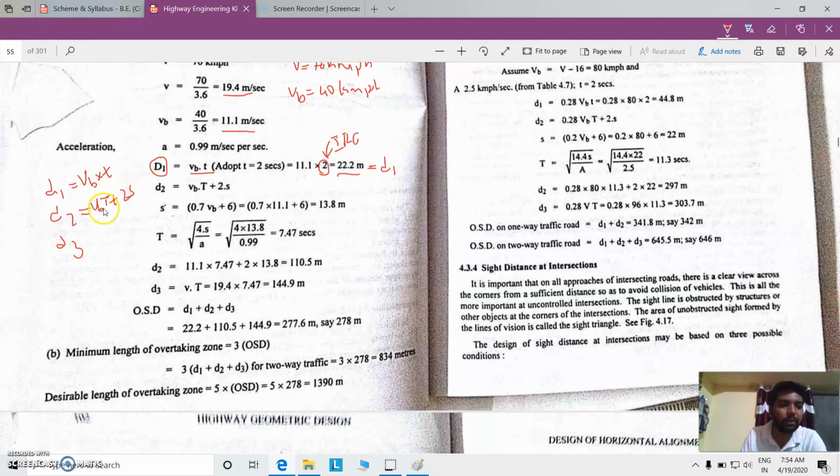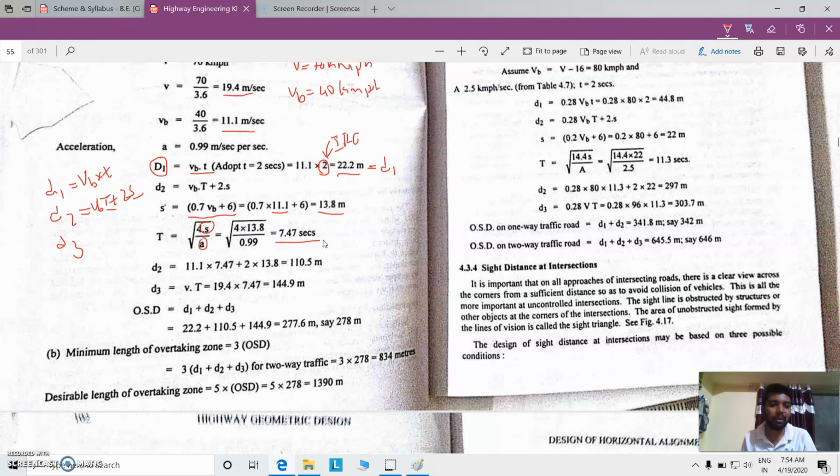Before calculating VB into T plus 2S, we should know S, after that T, and after that D2. So S is given by 0.7 VB plus 6. VB is the overtaken vehicle speed, 11.1. Just substitute the value and you will get the S value. Then, once you get the S value, we substitute in T equals root of 4S by A, where S is 13.8 and acceleration is given as 0.99, and once you substitute the values you will get 7.47